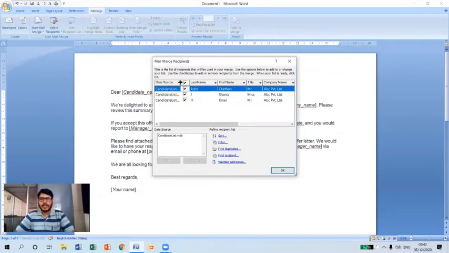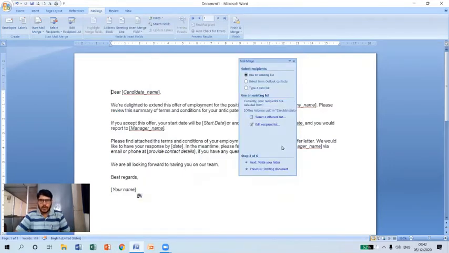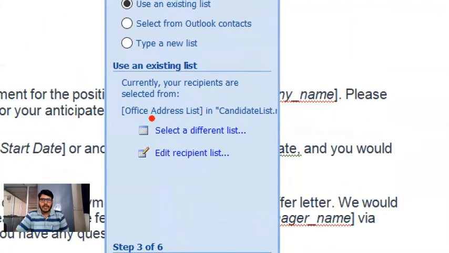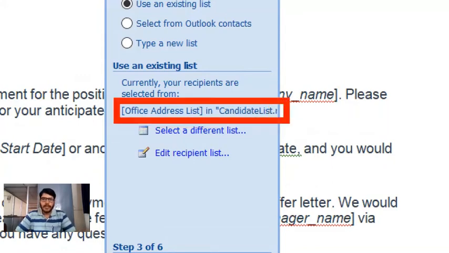As you can see, the data source name is appearing here. And also from this file, we can delete these records by choosing these various options. Now click OK. I have enabled all check marks here, please ensure that, because I want to compose individual letters for these recipients. After selecting these check boxes, click the OK button. Now you can see it is considering the address list as candidate list, so it has considered that particular address list file.